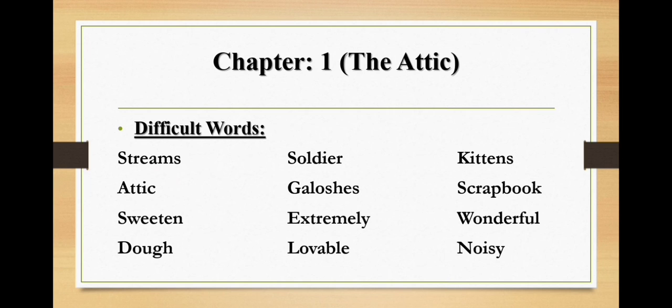Lesson number 1, The Ethic. Students, I will tell you a short summary through which you will be able to recall this chapter. You know what was there in this chapter? I will tell you. This story tells us about four children named Mohan, Afzal, Noori and Lata. Three of them, Mohan, Afzal and Noori, were waiting for the rain to stop so that they could play. But afterwards they decided to go up to the attic and play.